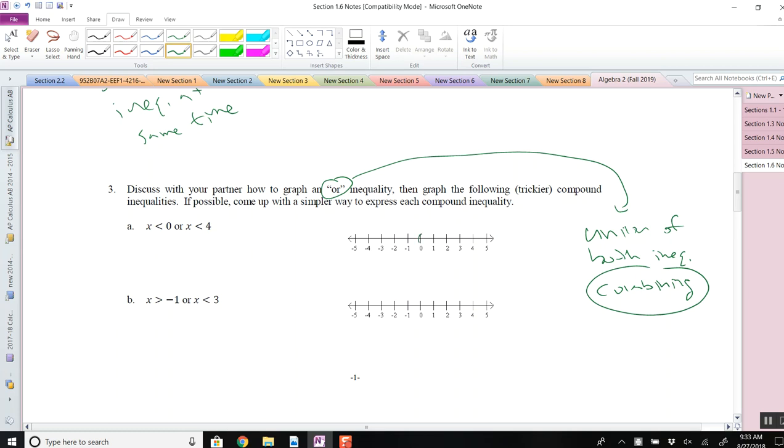So x is less than 0, we go this direction. X is less than 4, we also go in that direction. But since we want the union of it, we're going to shade everything. So we only need to satisfy